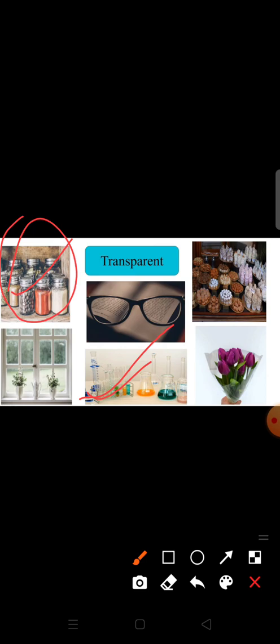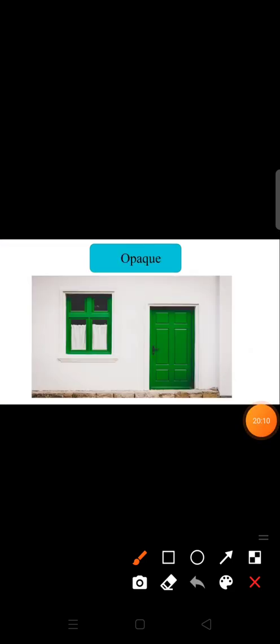Why in a bakery shop will you find a transparent glass window in front? So that you can choose your favorite items only by looking at it. Okay. Do you know why the doors are made of opaque materials?